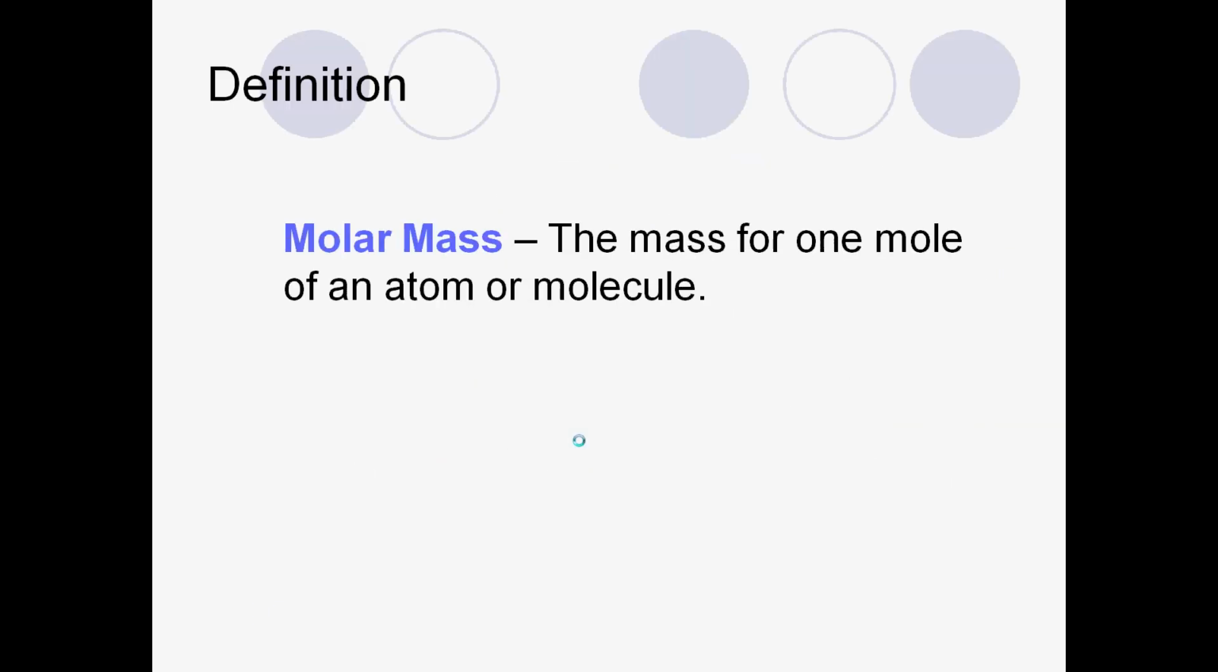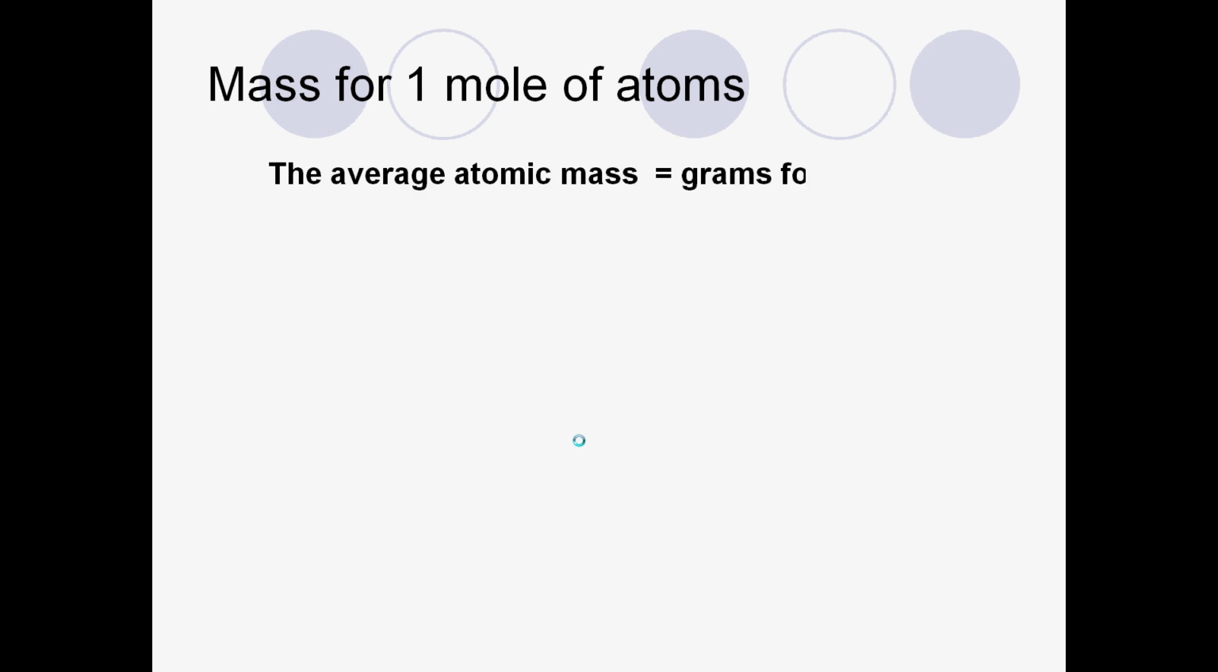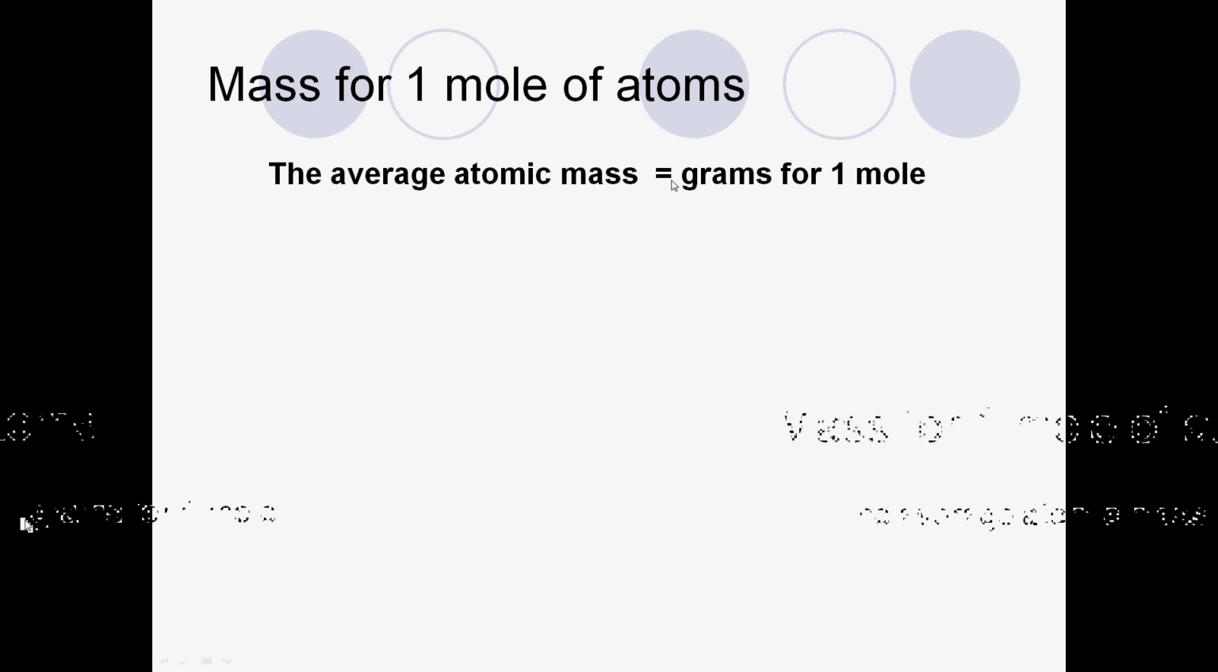So the definition of molar mass is just the mass for 1 mole of an atom or a molecule. Other things that you might hear that mean the same thing are molecular weight, molecular mass, formula weight, formula mass. Atomic mass is another one that you'll hear. Here the average atomic mass is equal to the grams for 1 mole,